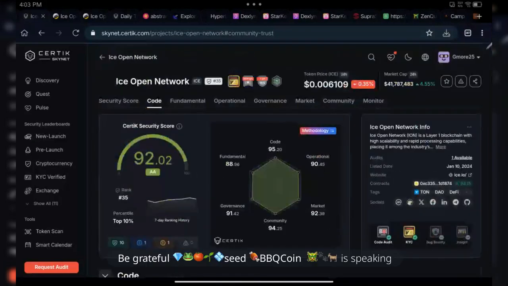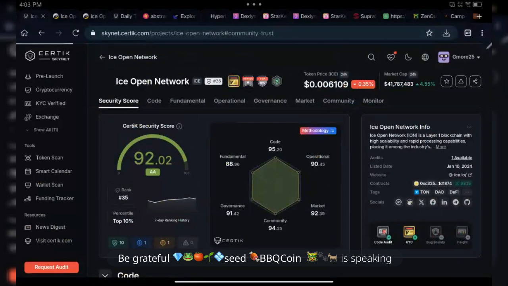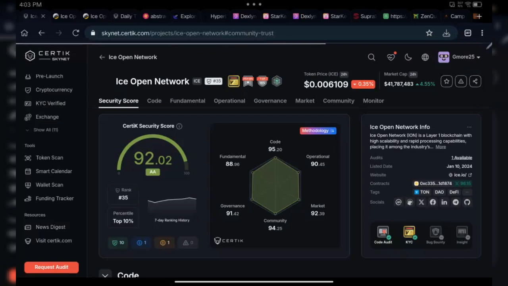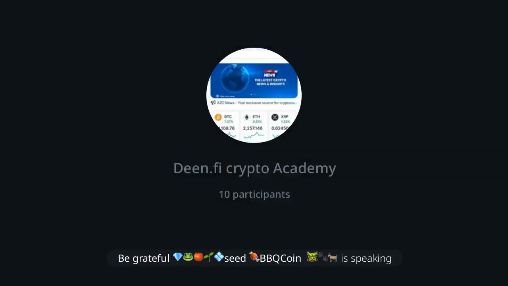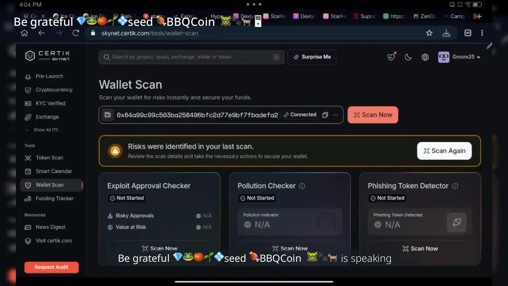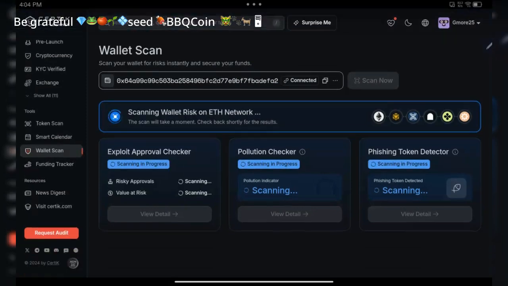And now you can still come and connect your wallet. You can scan your wallet and look for any malicious thing on it. Like most of us that have a MetaMask wallet, you can come here and connect it on Certik Skynet, and it will scan it for you and tell you about any security breach or security issues. So that is the advantage of this. As you can see, my wallet is connected. I can scan it. Once I scan it, it will give me information on places I need to look at on my wallet. And me personally, I use one wallet to do my